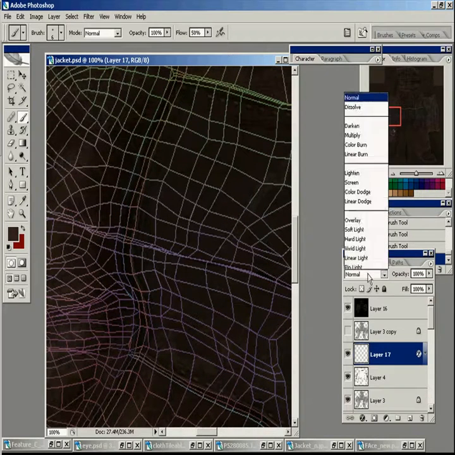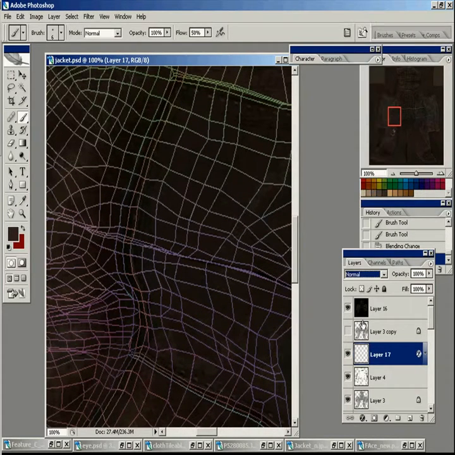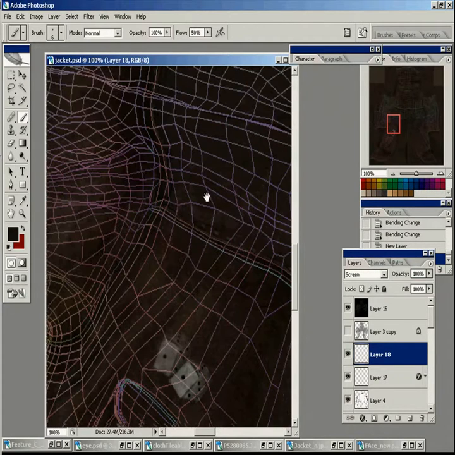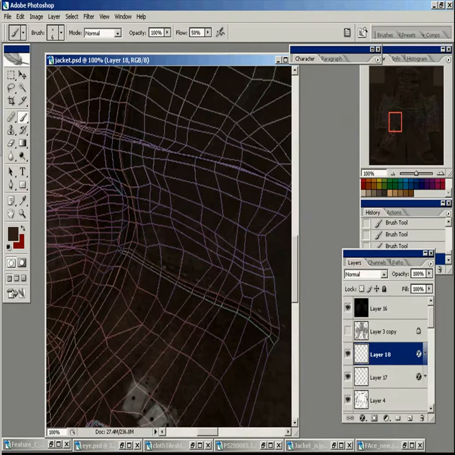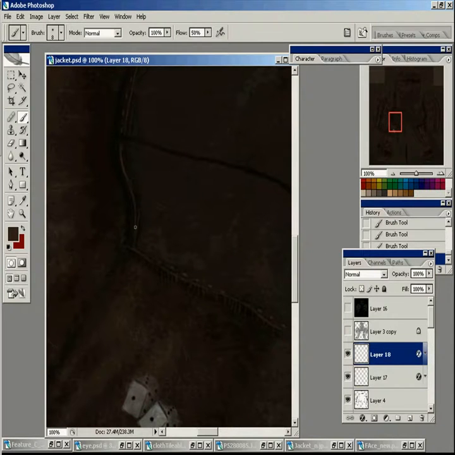We're just following along on the texture map, making sure that we're going along where the seams would go on the jacket. It's going pretty well. Now you can copy and paste layer styles too, so if you get one that you like, you never really have to try and recreate it. You can just copy it by right-clicking on the layer under the F, and paste it on the next layer. It will change your blending too, so